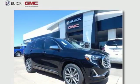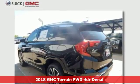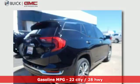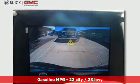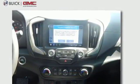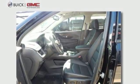Here's a 2018 GMC Terrain. This Terrain means more than just utility and capability. It's a strikingly designed crossover that bridges the gap between comfort and function, and it comes with all the amenities you need. Integrated navigation system with voice activation, power tilt-down heated mirrors, front heated leather bucket seats, driver and passenger